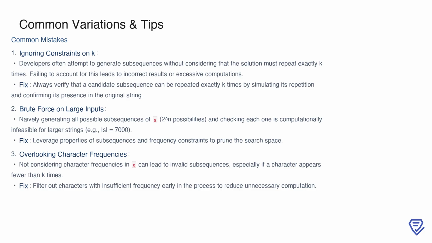First, developers sometimes forget to consider the exact constraint on k, which means they might generate subsequences without ensuring that they repeat exactly k times in the original string. This can lead to either incorrect results or wasting time on unnecessary computations. To address this, always verify that a candidate subsequence can indeed repeat k times by simulating its repetition and checking